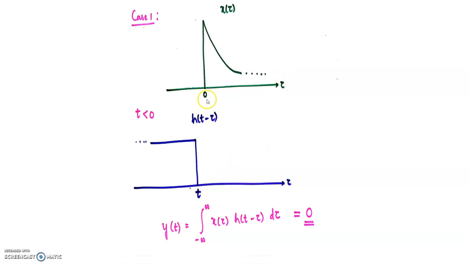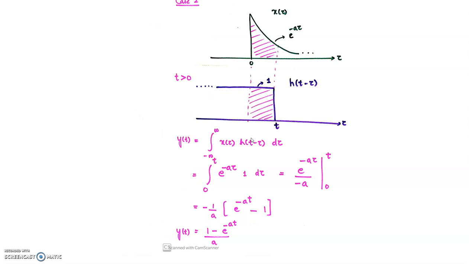So for t less than 0, what is the product x of tau into h of t minus tau? It's definitely 0, right? Therefore your output y of t is also 0. Then let's move the signal further. If you bring this t more than 0, or t greater than 0,